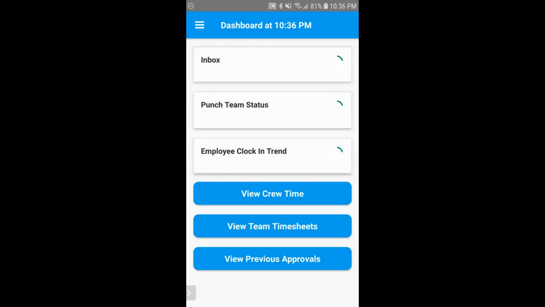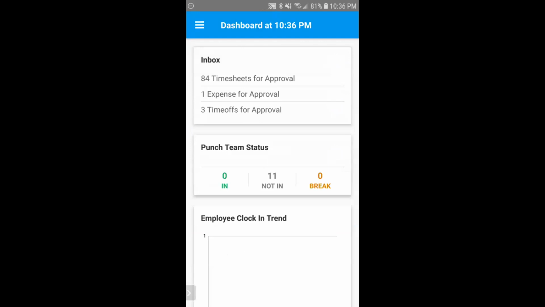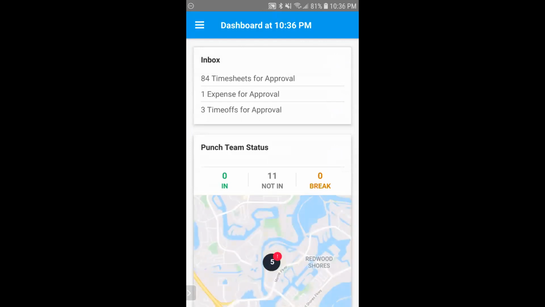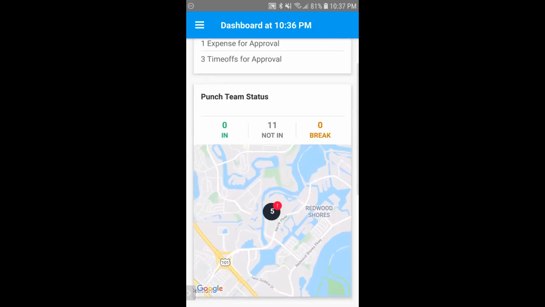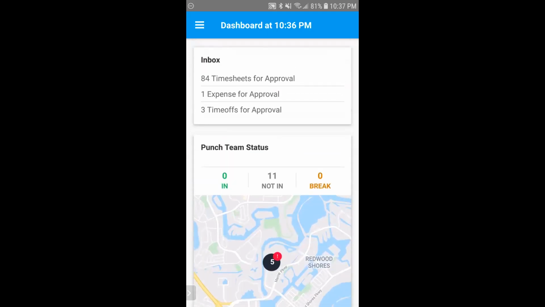So like you saw before, Replicon has a ton of options. We can do those photos with punches in and out. We can also take locations, as you saw, and this is all optional. So if you don't want things like geofencing, geo-tracking, these photos, you could take that out of the punch in, punch out system and just have a more traditional system. But again, the options exist. And me as an approver will be able to drill down into these punches in and out and understand those a little bit better, but we'll focus more on the traditional timesheets today.